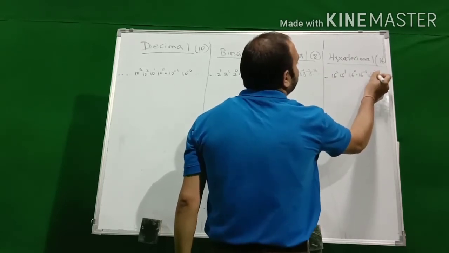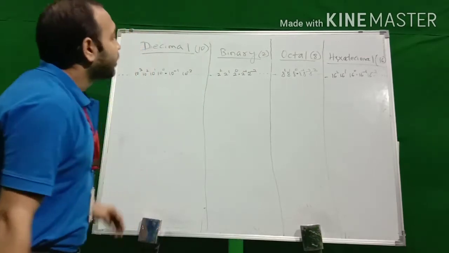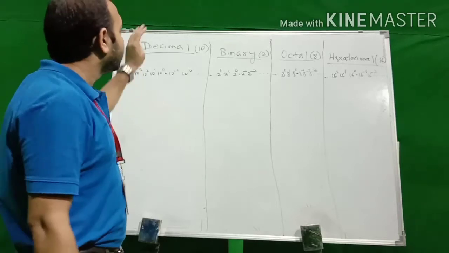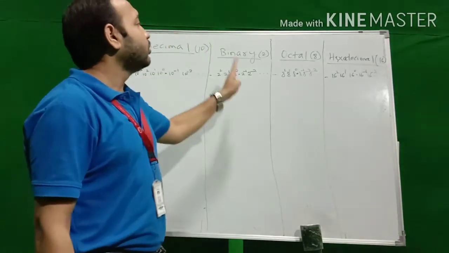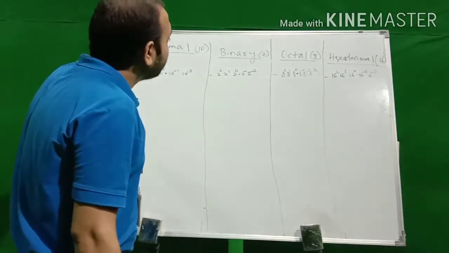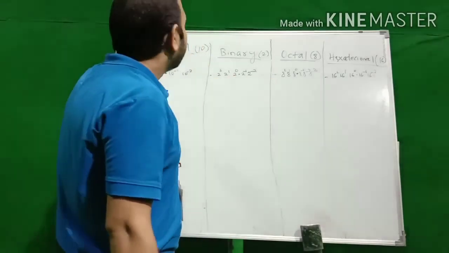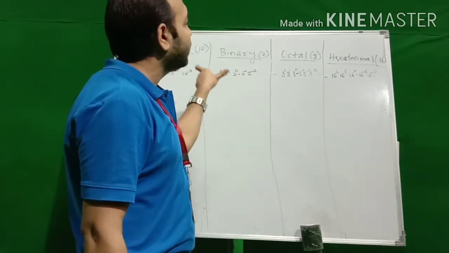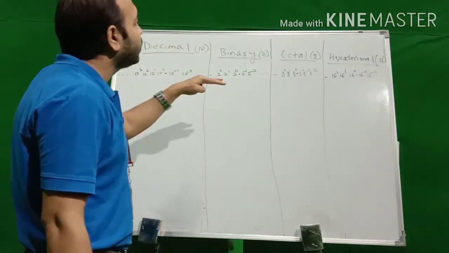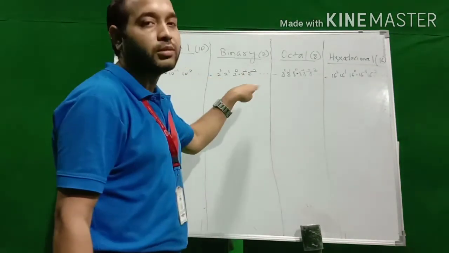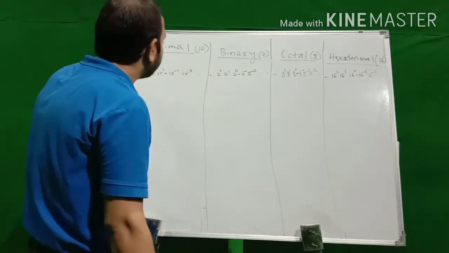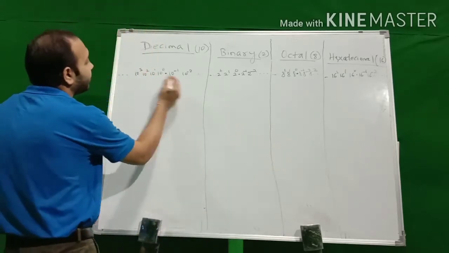I am teaching number systems like this because generally we learn the first number system, then we jump to binary, and then again we have confusion of base. That's why I am doing this in parallel, so that you can compare things at a time, visualize, and remember easily. Here you can see how you can represent all four number systems. Only the base changes, the remaining is the same.